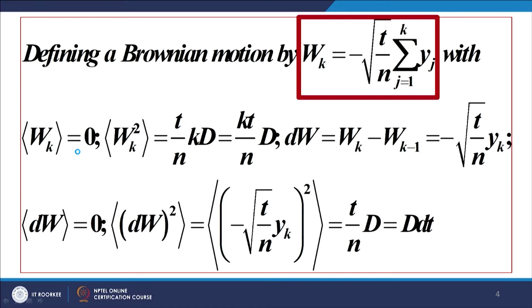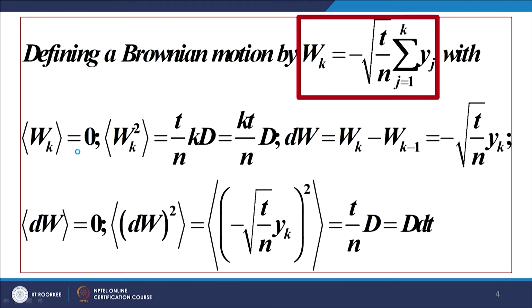Now, we define a Brownian motion. How do we define it? As you recall, Brownian motion is a sum of random variables, and at any particular point in time the aggregate of the sequence of those random variables is normally distributed, due to the central limit theorem, with a mean of 0 and a variance equal to the length of evolution.